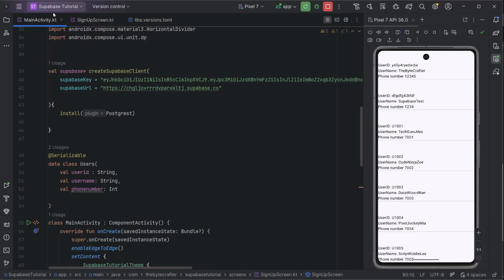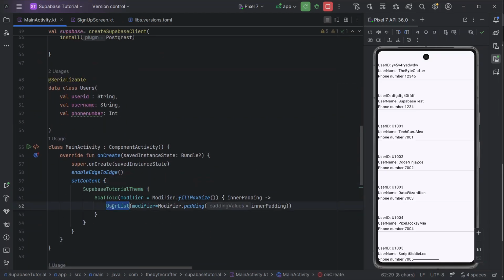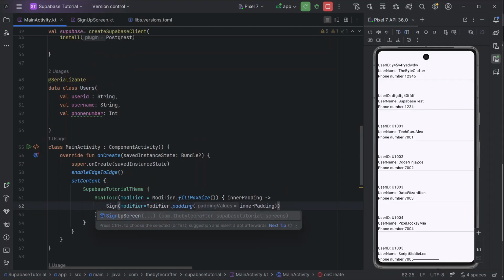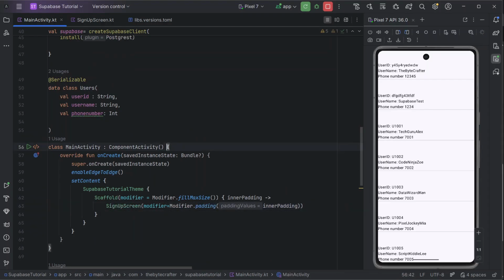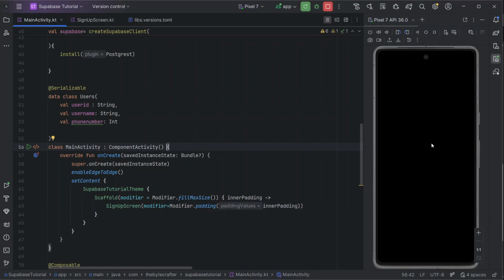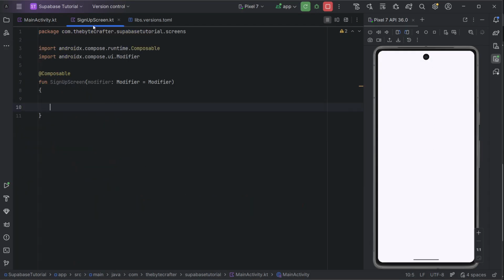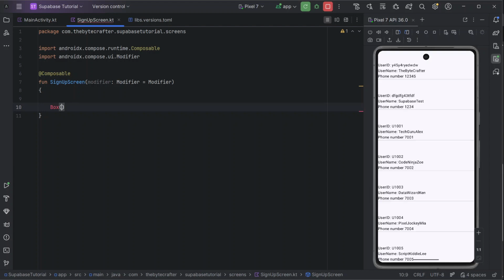So I'm gonna go ahead and over here, instead of having a user list, I'm going to have my sign up screen so that we render the same here and wait for it to show up. So my screen is a bit empty, so maybe I can just start by having a box, and then inside that